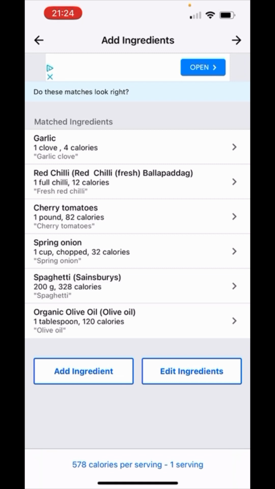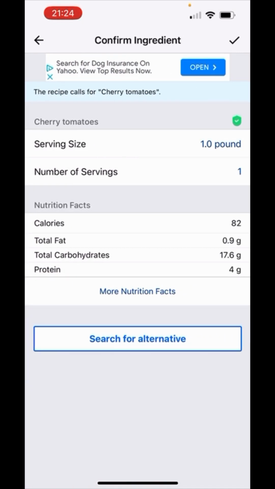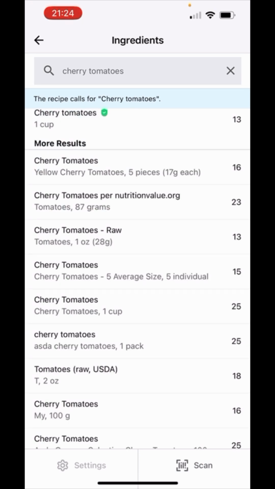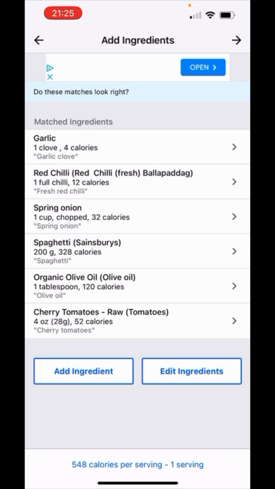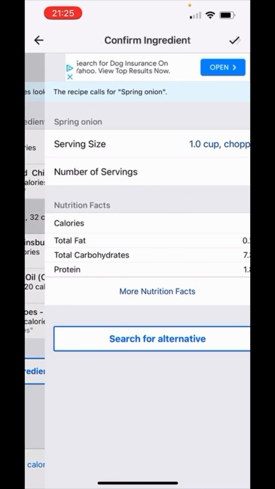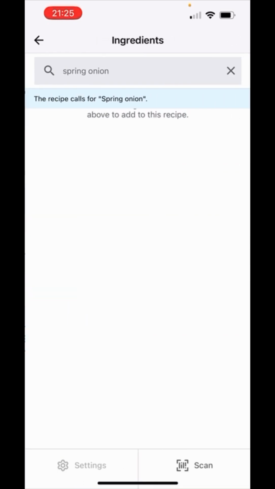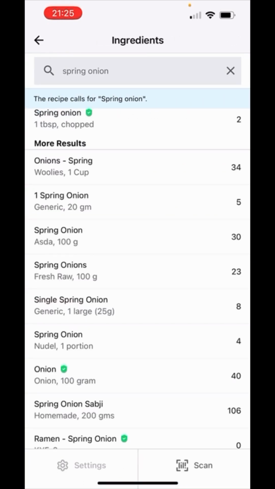1 garlic clove is correct. 1 red chilli is correct. Certainly did not have a pound of cherry tomatoes. But I did have 100 grams. So this is slightly over, but again is the most accurate, and it's better to go over your calories for the purpose of tracking than under. To amend the spring onion,